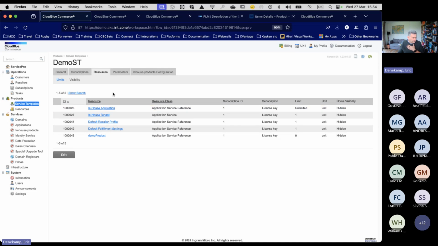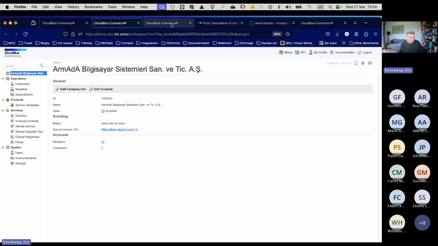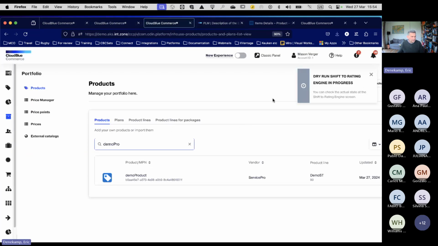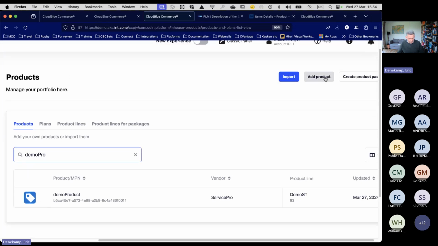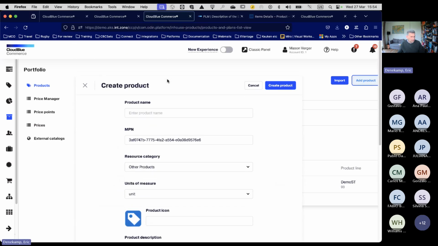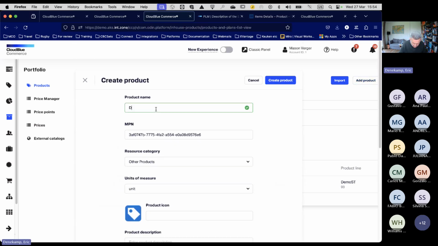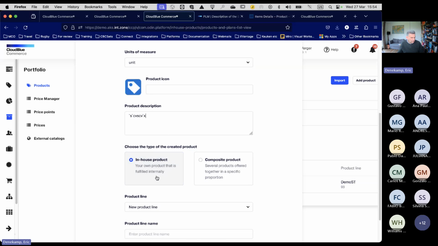If I go back to this one. No, where is it? This is the one. And I add another product. And let's call it demo product 2. Put in something here.